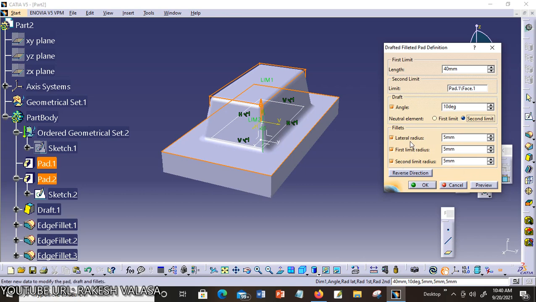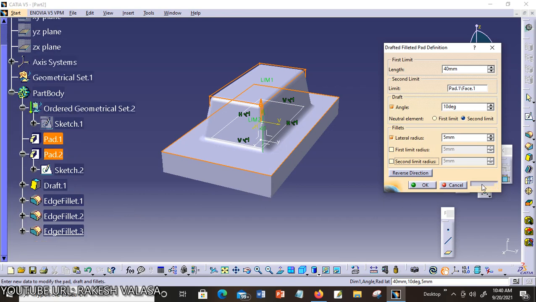These fillets or edges are optional. If you don't wish to use this capability, just uncheck the options. For example, I want to uncheck these two options, first limit and second limit radius, and click preview. Clicking preview shows the pad drafted and filleted, and displays them in the specification tree.